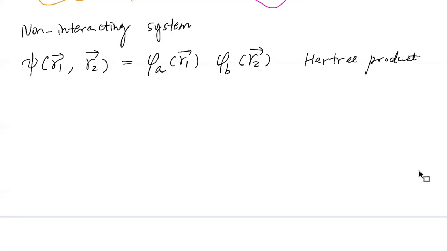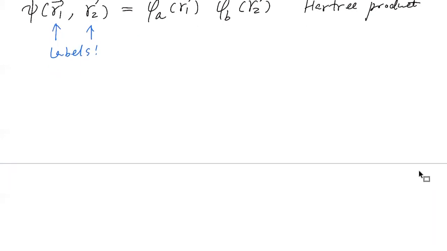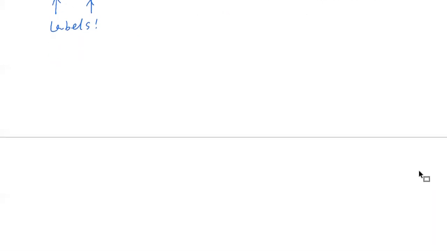Now, if you really think about this, you have labeled the two electrons as 1 and 2, respectively. So those are the labels, and they are artificial, right? You cannot really distinguish electron 1 from electron 2, right? So if we exchange the labels,